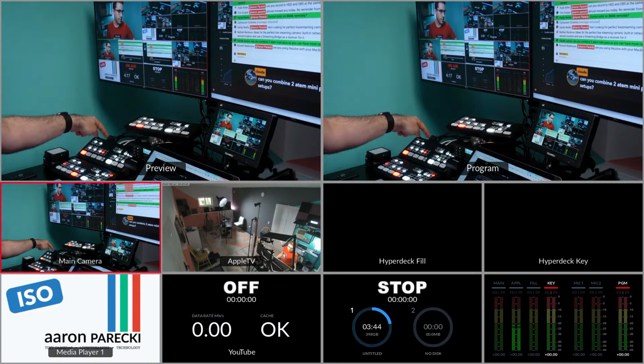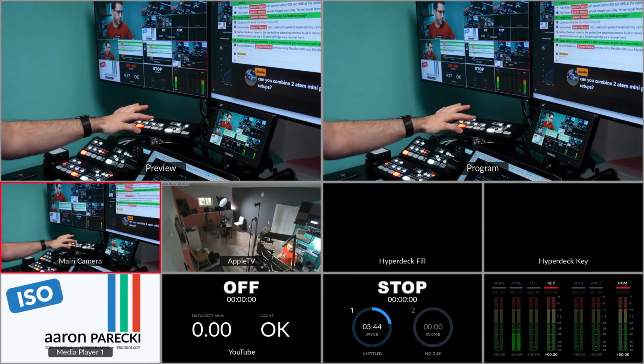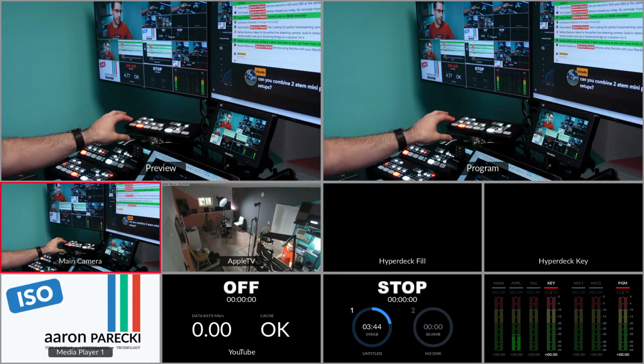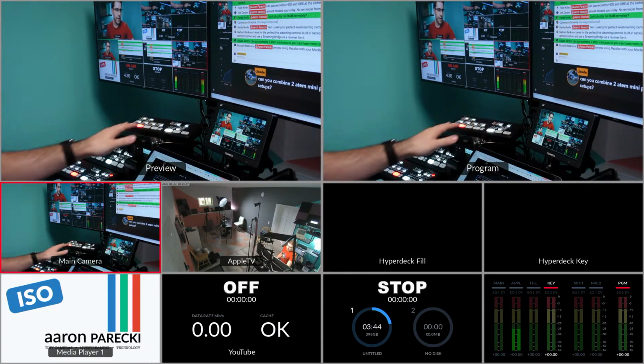And behind this one is actually a regular ATEM Mini. I ran out of inputs, so I used this to just switch between these two cameras. Of course, there's no multi-view on this, so the only thing that comes out of this output is whatever camera I'm switching to. So the ATEM Mini at $300 is actually a pretty affordable way to add 3 inputs to your setup. You don't get multi-view on those, but it's fine. You don't really need them for just basic camera switching in that case.